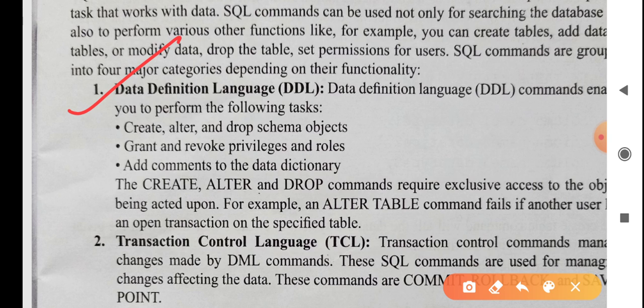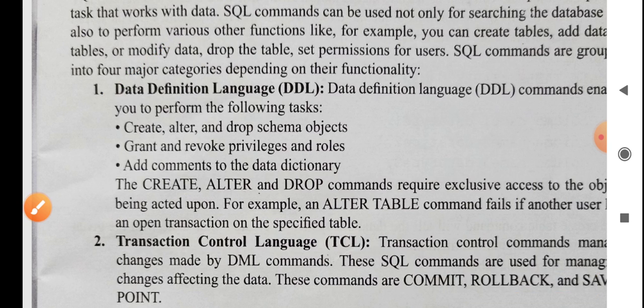For example, if you are creating a table, then you need to define how many columns there would be in your table, how many fields you have, and what data type you are entering in those fields. These are a few basic requirements while creating a particular table in the database. So when we are creating a table or deciding the schema or the structure of the table, the command we are using is the DDL command, or data definition command.